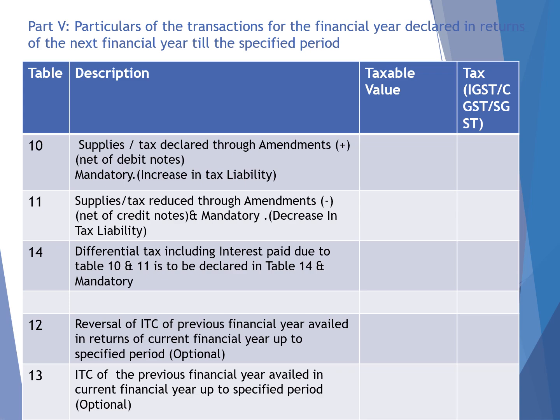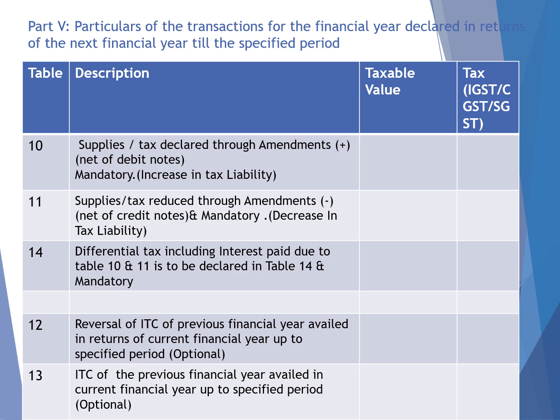Table 10 contains the information of the outward supply adjustment or the incremental tax liability by way of the debit note pertaining to financial year 23-24, and which is shown in the GST returns of April 24 to October 24. In short, if there is some adjustment which resulted in an increase in the tax liability,